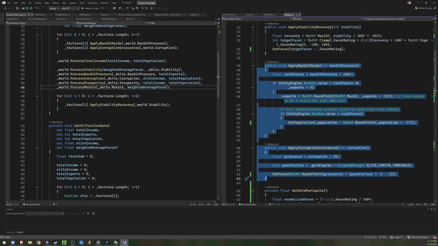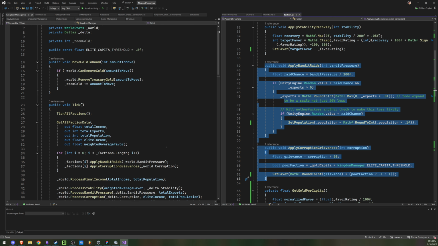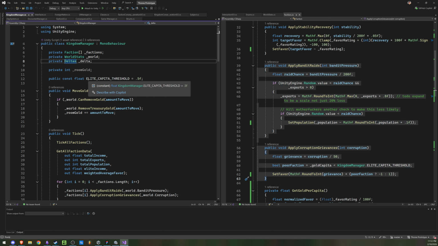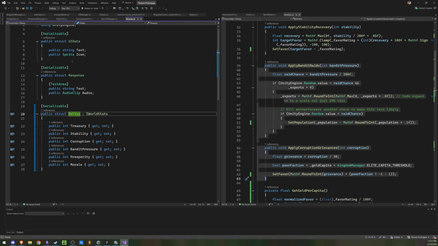This is affected by the world, so there's a lot of interactions going on between the world and the factions, and then once we get the foreign nations involved, hopefully there's going to be even more interactions, which I think makes the game feel more like a living world. That's also another thing that I switched to: instead of directly changing the world values by their face, we actually have deltas,